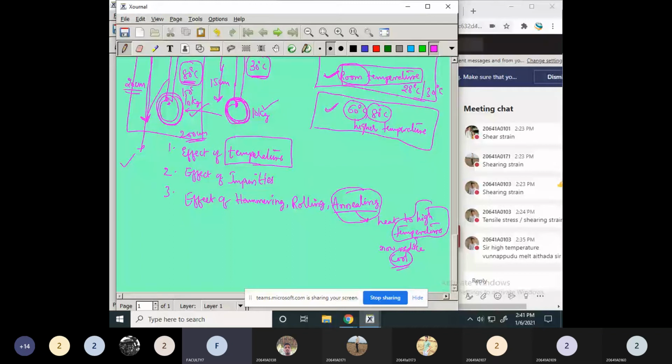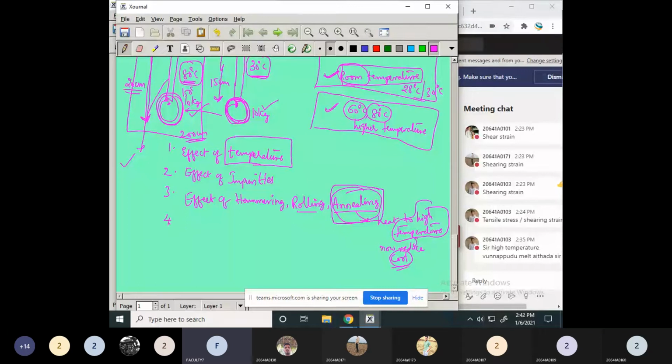So this particular thing is going to change the properties, the elastic property of the material and the strength of the material. If you hammer a particular substance, then also the property will change. Rolling comes under the hammering process also, and the rolling of the substance will also result in a change in the elasticity. So here annealing means heating to high temperatures, and thereafter you are cooling that slowly. So this is going to affect the elastic property or else the tensile strength. Okay, now what are the other things?